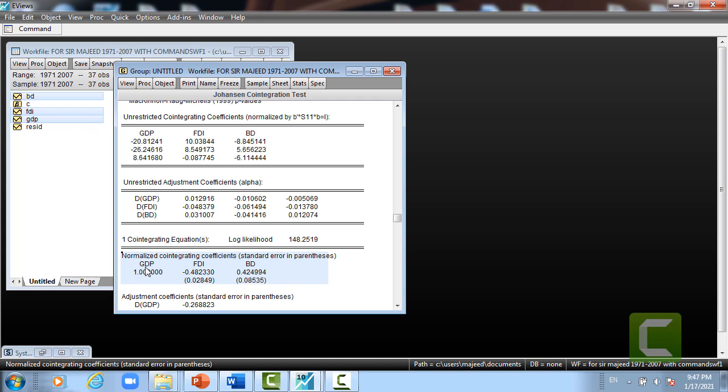on the dependent variable. For example, for foreign direct investment, the coefficient is minus 0.48, and for budget deficit, plus 0.42. How to interpret this? Now this is negative, we have to reverse it. We can say foreign direct investment positively affects GDP by 0.482, while budget deficit is positive, so it negatively affects GDP by